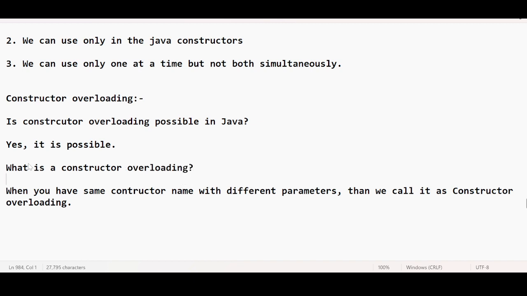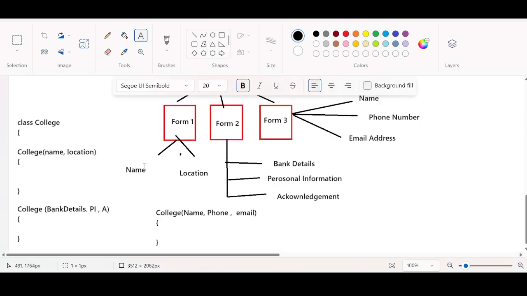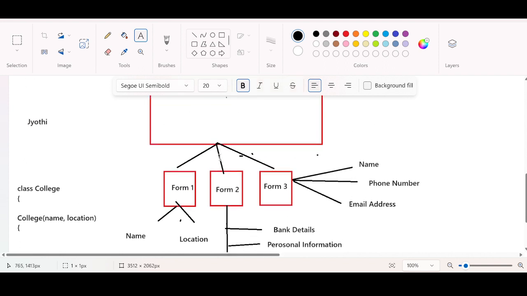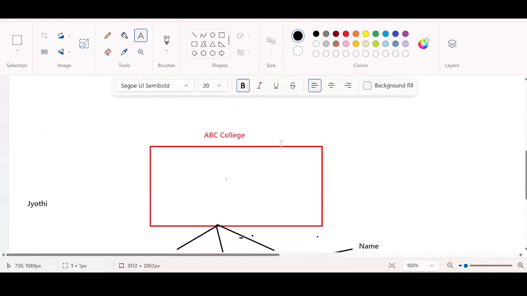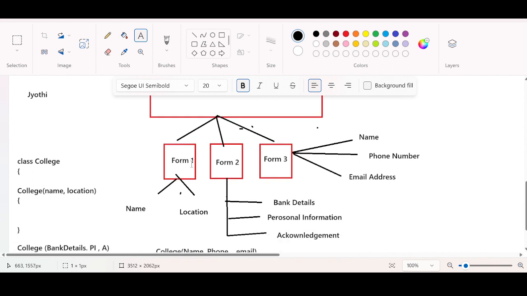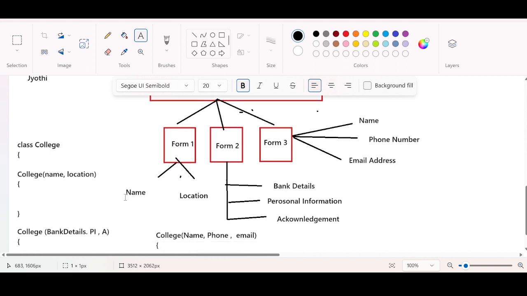The answer is, when you have the same constructor name with different parameters, then we call it as what? Constructor overloading. Same example. There are three forms, each and every form. This analogy is directly converted to the Java programming language. If you convert this analogy to Java, the college itself is a class, and the forms that the college is giving you, depending upon your requirements, they are representing